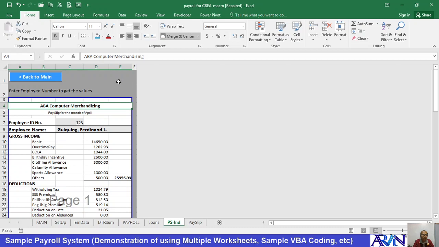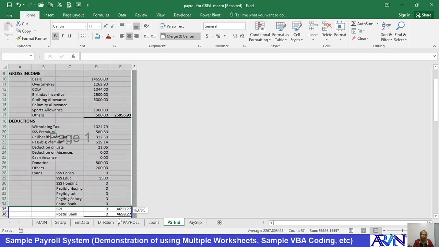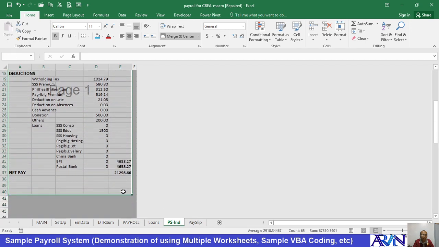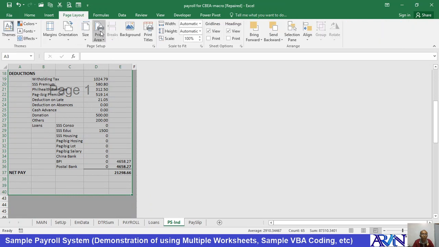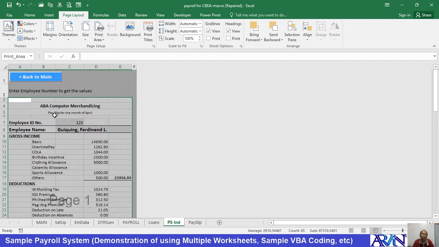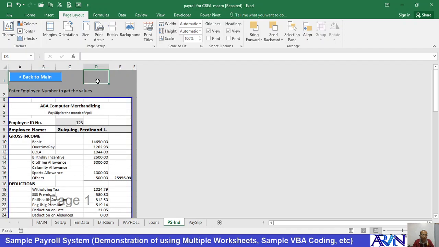You notice that these are gray area and this is white area. I set this up as the printable area. Where's the printable area? Set print area. So that when you print, this is what will only be printed in this worksheet. So when